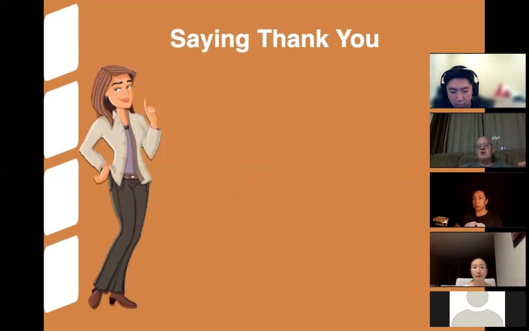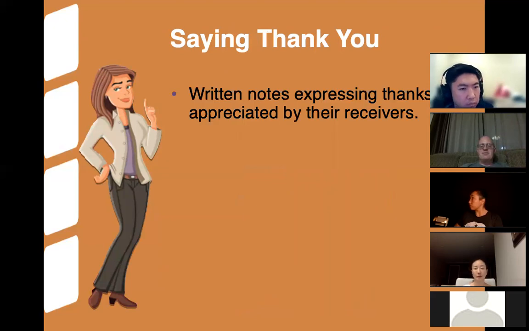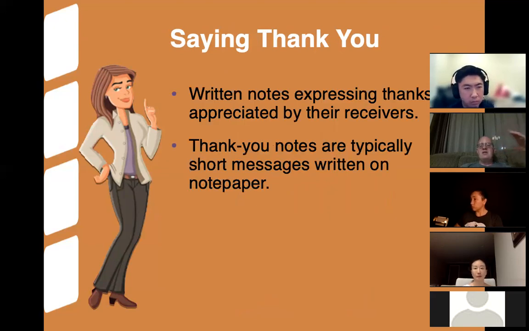We can write goodwill letters or notes as a way of saying thanks. Thank you notes are typically short and they're handwritten on note paper or in a Hallmark card or something. Because you're saying you appreciate something, thank you, you want to make a special point of it. This doesn't come off of a word processor, right?